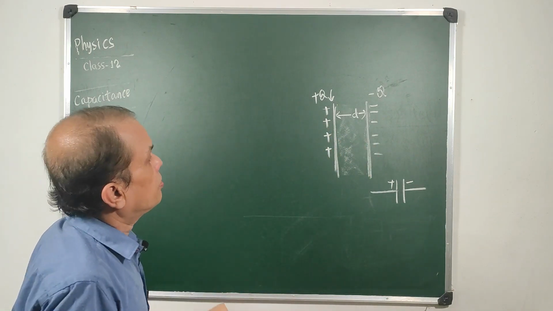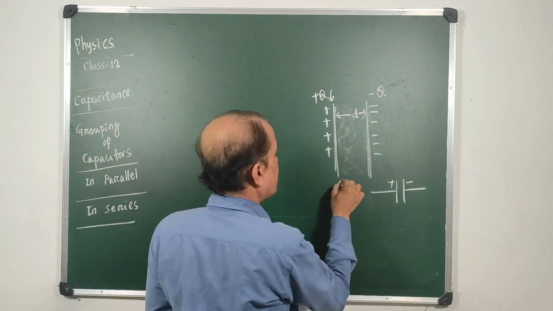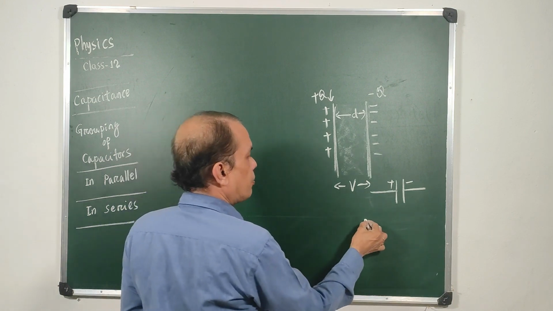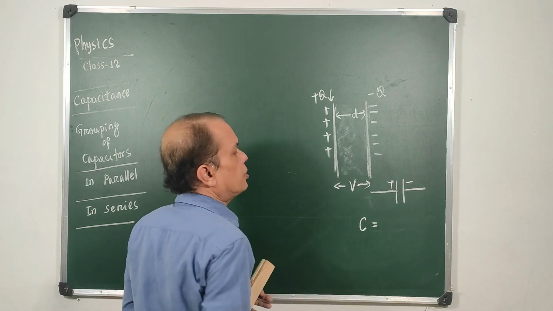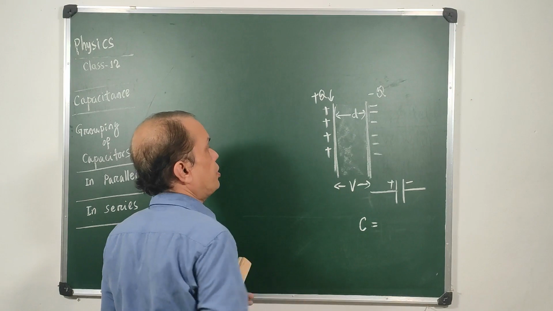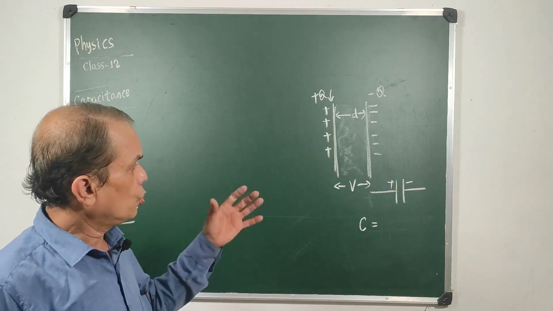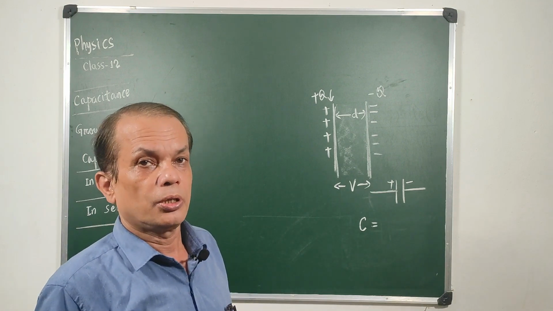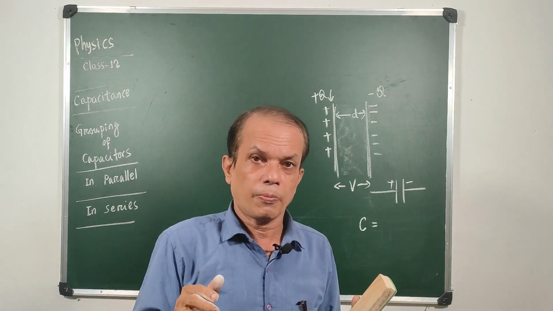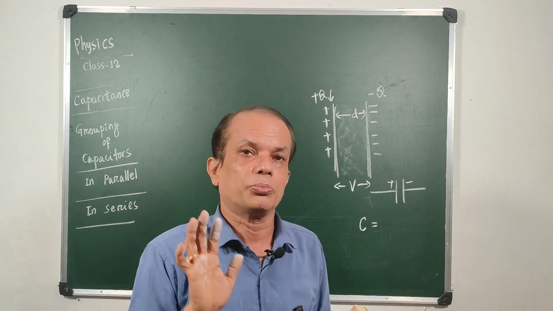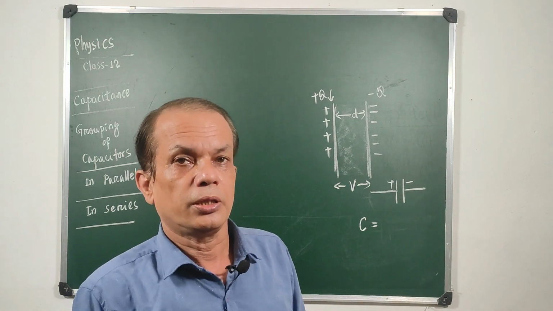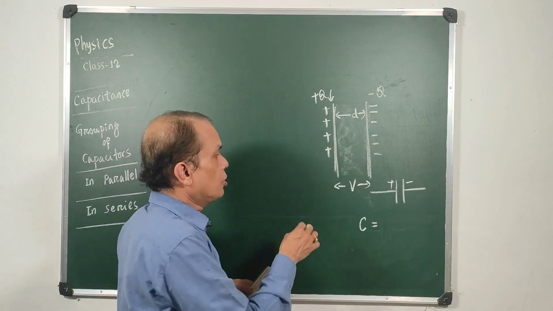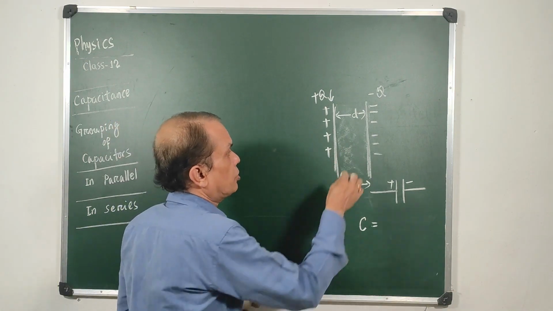So this is a capacitor having a potential difference V in between, and we know the capacitance C is a relation between the charge given to the capacitor and the potential difference that exists between the plates. When you do some work against a force or against something, you store that energy. You know the definition of potential energy. When you are charging a capacitor against the